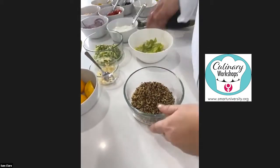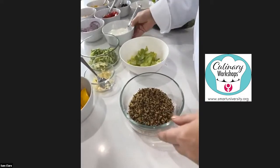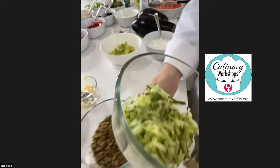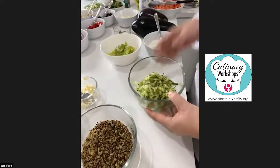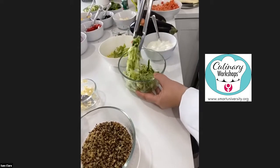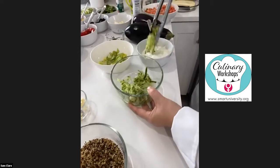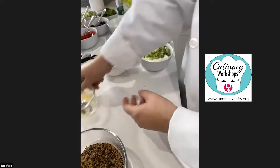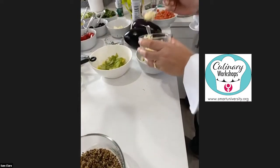We're going to have a tzatziki sauce. All right, so first of all, I'm going to make the tzatziki sauce. What I did, I grated some cucumber, and then you have to drain all the water out of the cucumber. There's still a little bit of water in there, so rather than pour the yogurt in there, I'm going to get rid of that, and put in fresh garlic, a spoon of garlic,